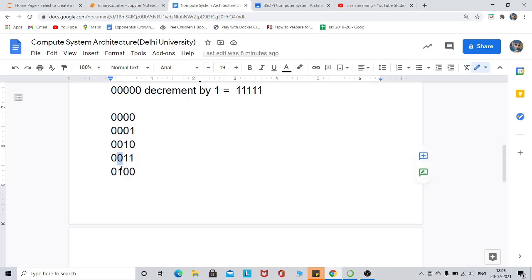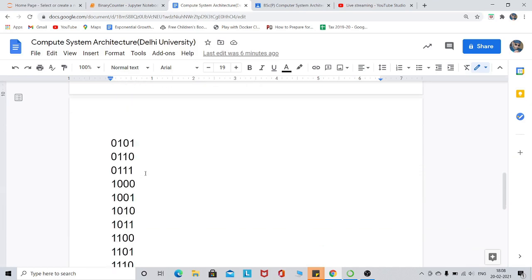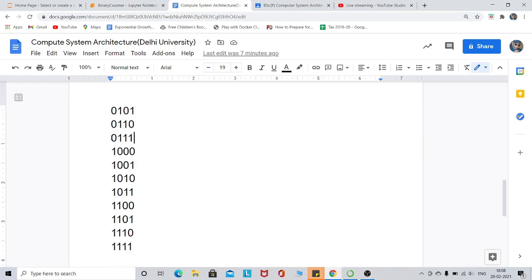Then I convert that 0 to 1 and exit, and the remaining bits are the same. You can apply the same logic to any number. Suppose the number is 0 1 1 1. Again, I have to convert all the ones until I get the 0. So all the ones are converted to 0 and then the 0 is converted to 1. So this is the logic.